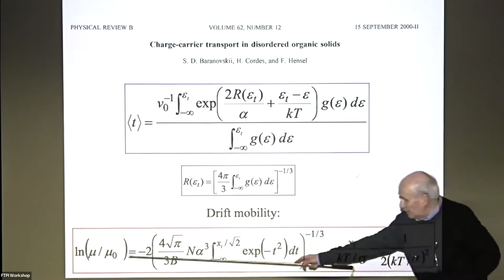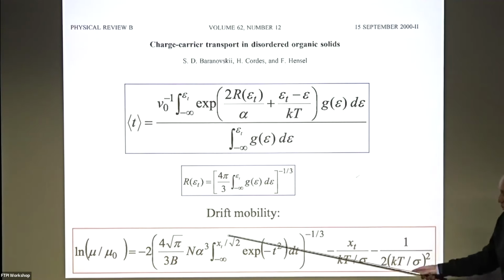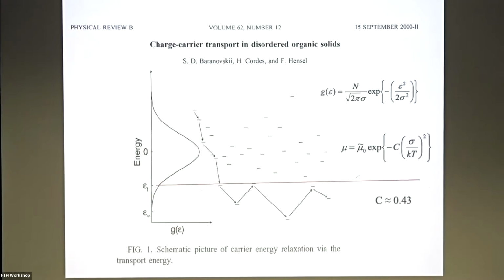And of course, we immediately came to the analytical formula for the dependence of the mobility on two parameters: concentration of sites, localization length, and temperature. And if you do it, the result looks this way. We see a dependence on the concentration of sites because it's variable range hopping, in the range of 0.4, 0.5.